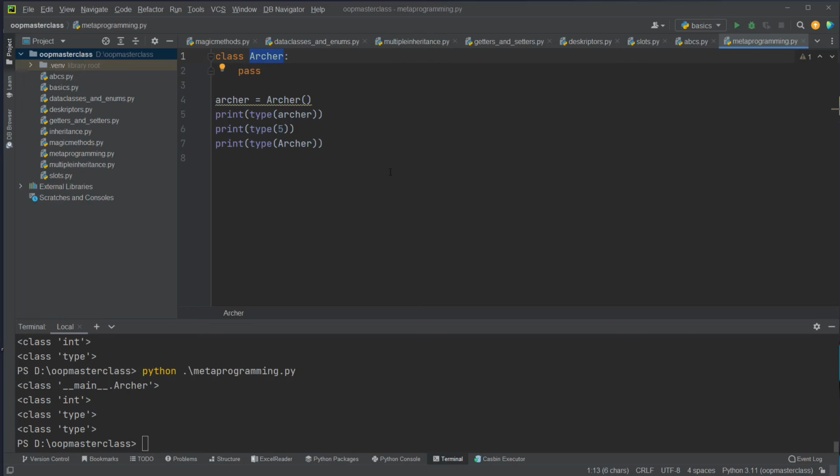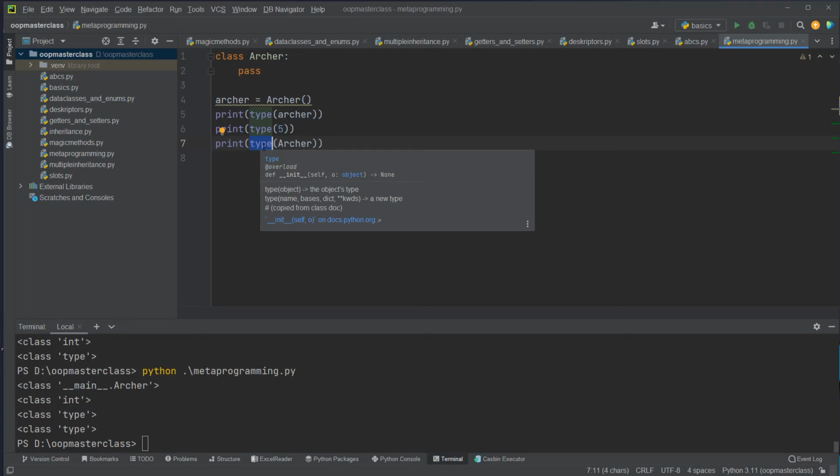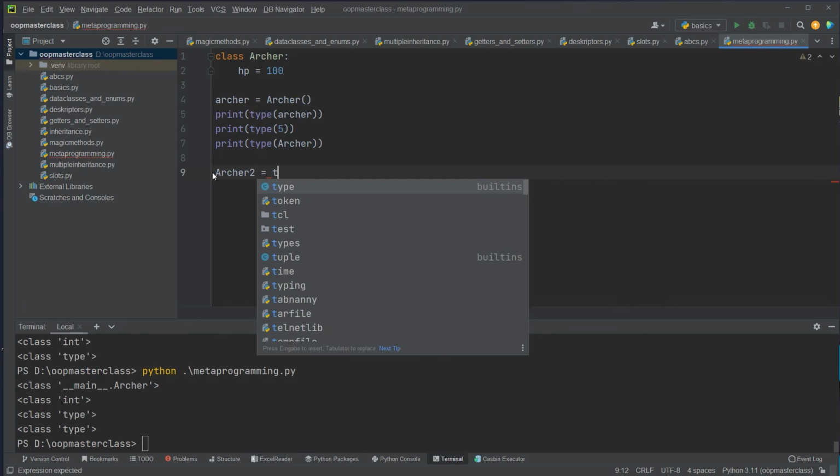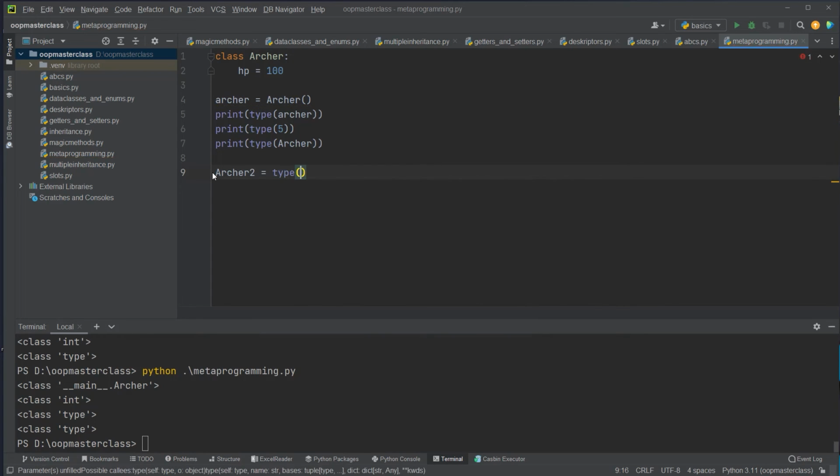So in Python, this type built-in method behaves polymorphic, as it can serve both as a function to return an object's type and as metaclass to create new types dynamically. And now I'm going to show you how to do that. So we create another archer class. First let's change this to have one class attribute, and now we want to replicate that with this type function. We create another blueprint called archer2, and now we use type to actually create a new class,